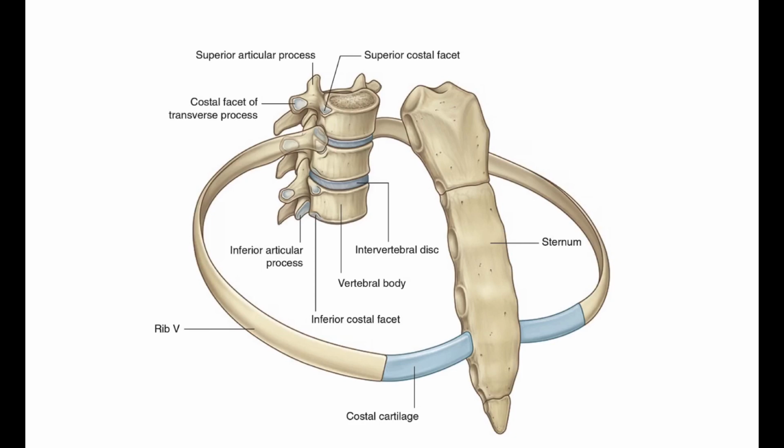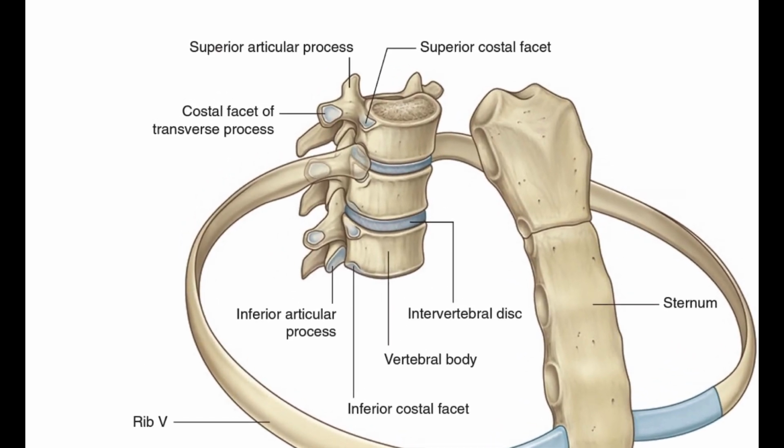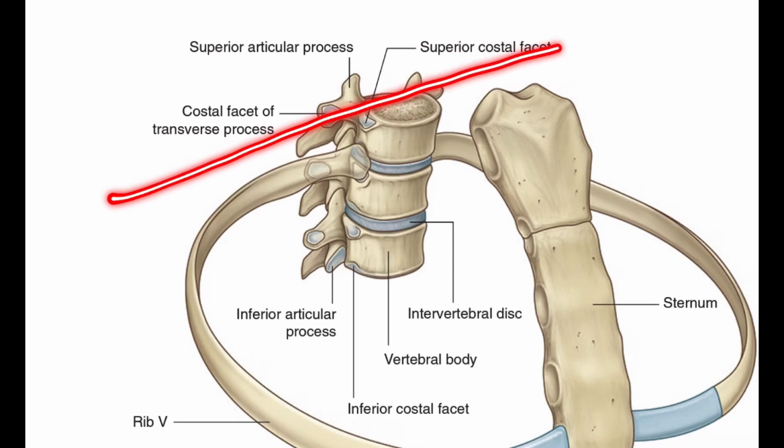Let's discuss the thoracic vertebra. There are 12 thoracic vertebrae. They are identified by the presence of costal facets on the sides of the bodies. Here, this is the costal facet. This one is the superior costal facet. So why does this costal facet have the name transverse and why does this one have the name superior? Because this one is located on the transverse line of the body. So this facet is known as the costal facet of the transverse process, and this is located on the superior side of the vertebral body.